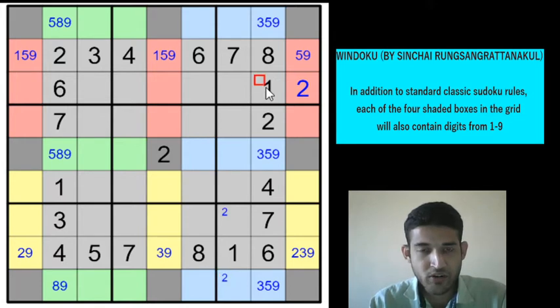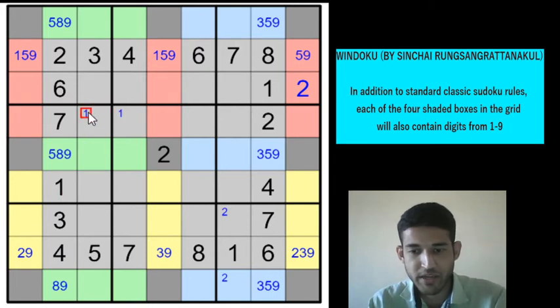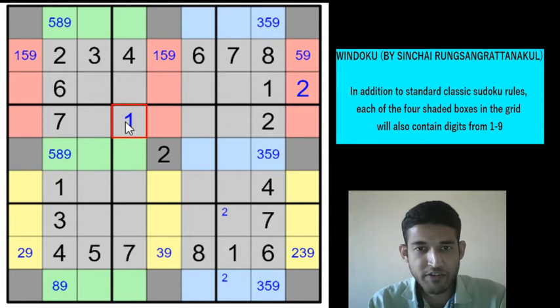And there is a 1 in row 3. So the 1 in this box, that is the window box, will be in one of these two cells, right? But there is a 1 here, so 1 cannot be here, which means 1 has to go in this cell. So this cell will be a 1, and the remaining digits are 5, 8 and 9, but we have a 5 in row 8 column 3, so which means we'll have a 5 here. So these two digits will be 8, 9 in some order.